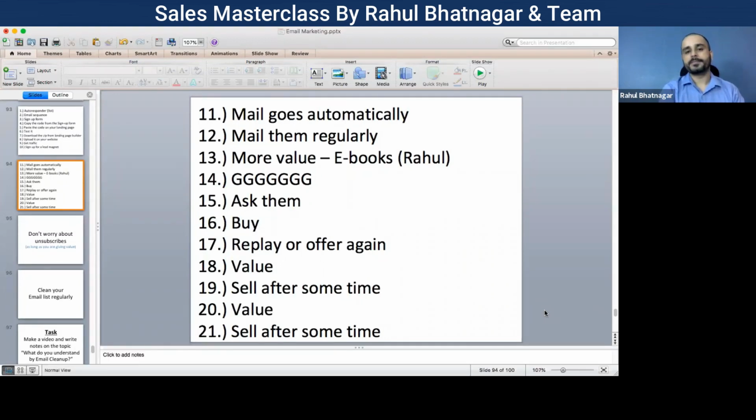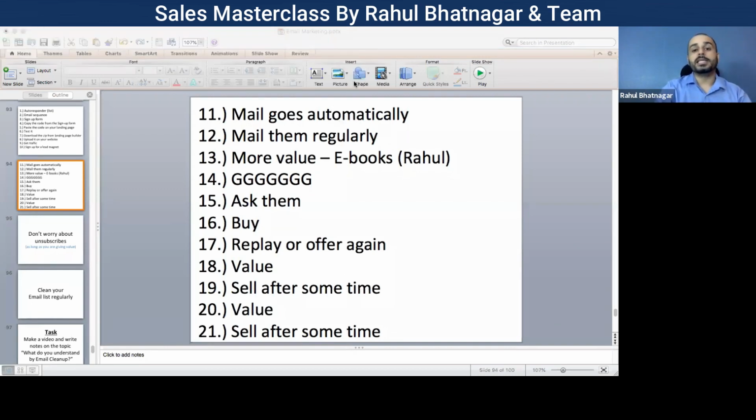That's the power. Got it? That is how it works for you. Right. So people, now is it clear with everyone? What is going to be your sequence? How do you get people? How does an autoresponder work? How do you get people to your page? How do you make them become a part of your community?